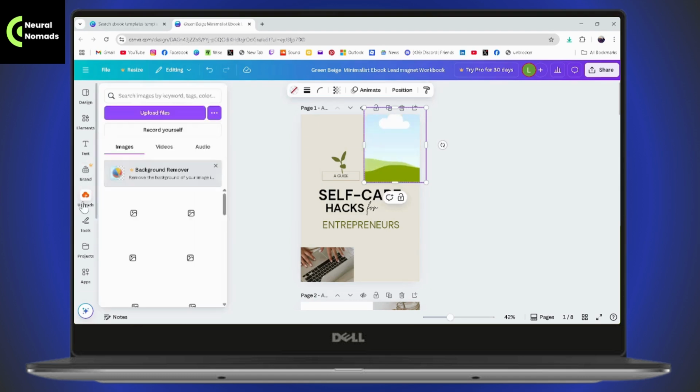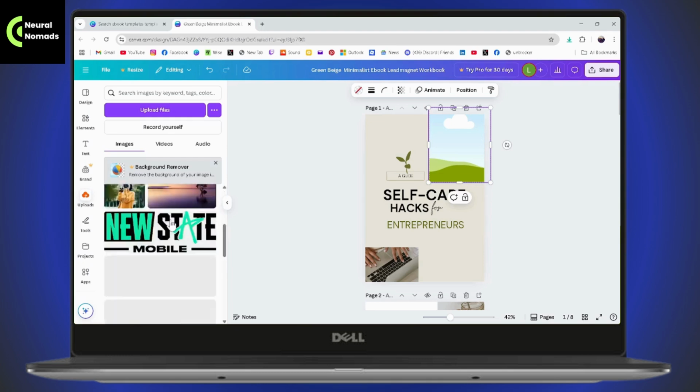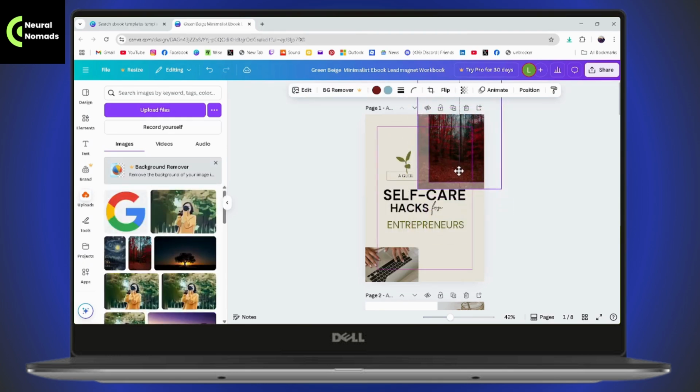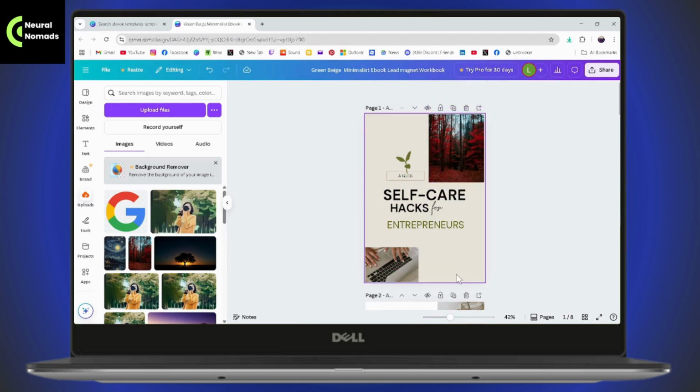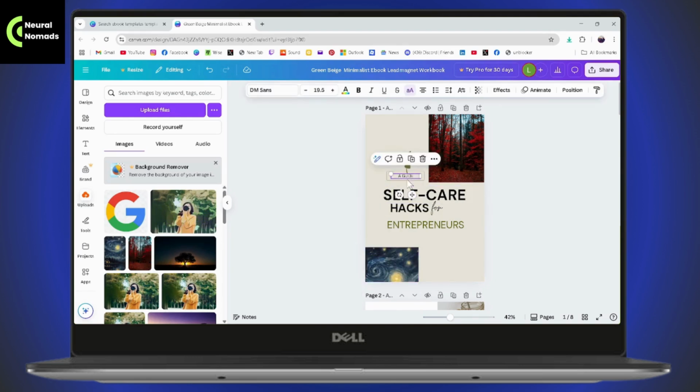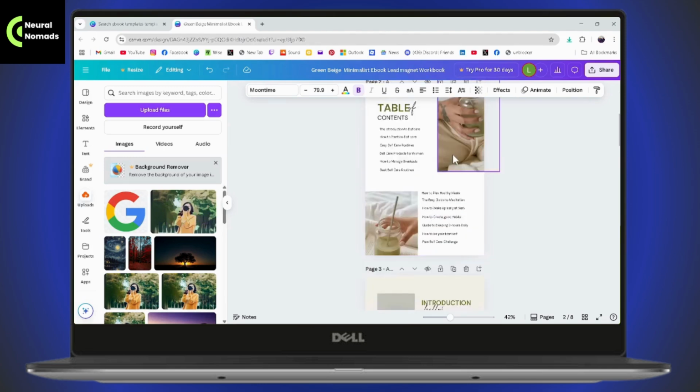Now you can go with upload, and then you can add your own image. So for example, I want to add this one, adjust it, drag and drop it onto the image, and the image has been added. In the same way, you can remove this one also and then add another image that you would like, and go with the text. You can remove the text, add another text or other content, and in this way you'll be able to edit these templates. Scroll down and then go with other images or other text right here,